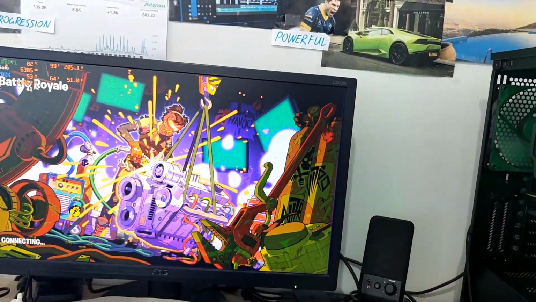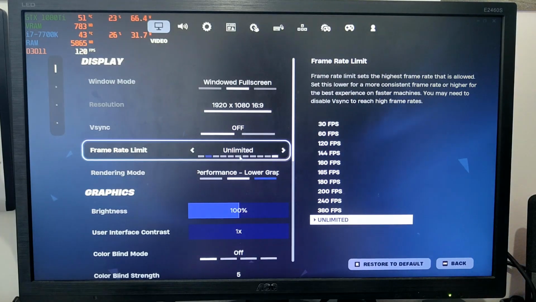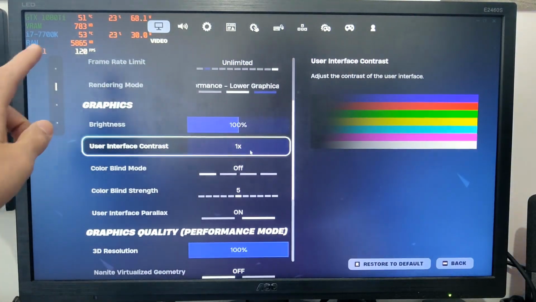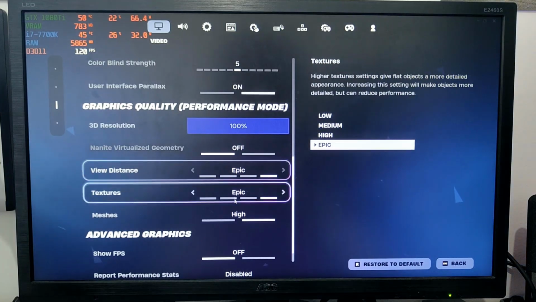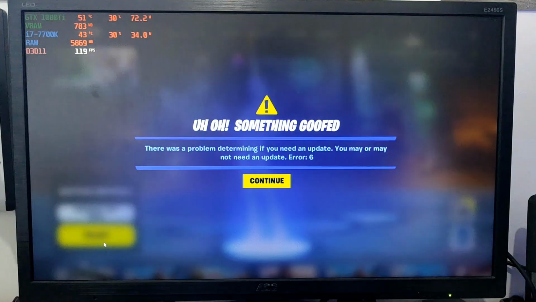But anyway, that's DX12. All right, so we're in here. We've got performance mode enabled. We've got no frame rate limit, no VSync. This is what the graphics stuff looks like. Everything's set to epic here, and that is high. And yeah, so let's jump into a game and...